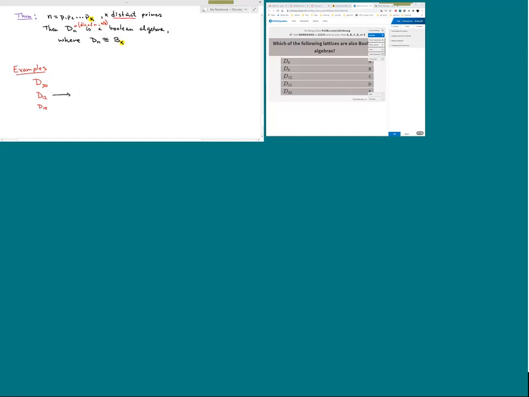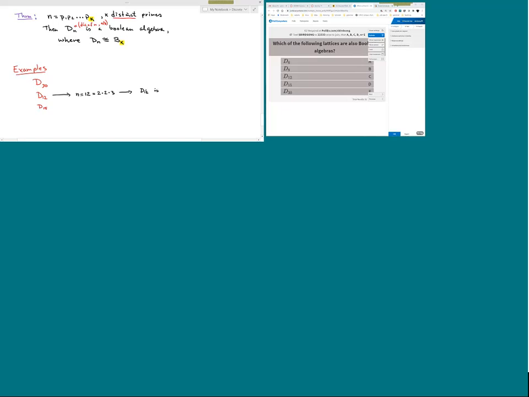So if we look at the divisor poset when n equals 12, according to this theorem, you have to find the prime factorization of 12. I'm assuming you're all comfortable with that. Once you have the prime factorization of whatever that n is, whatever number is in the subscript, you check to see if the prime factorization has all different primes, all of exponent 1. For example, with 12, I can write out my prime factorization, 2, 2, 3, but the 2's are repeated. That means they're not distinct. They're not different. And what that tells you is D12